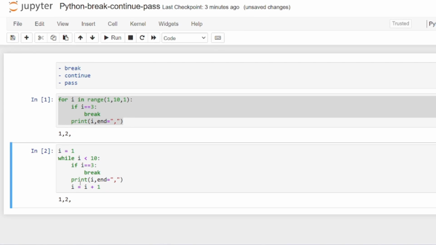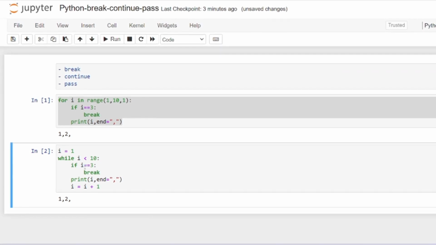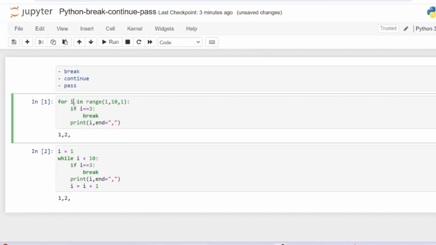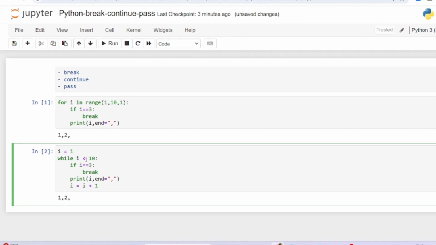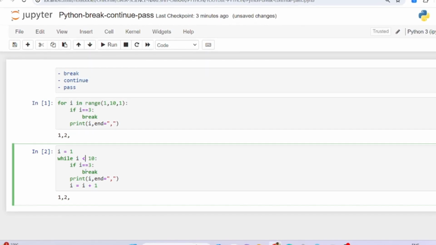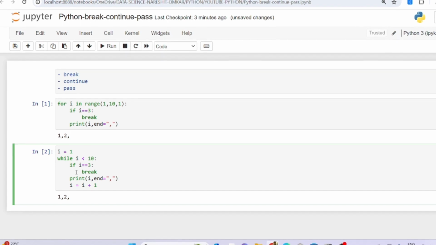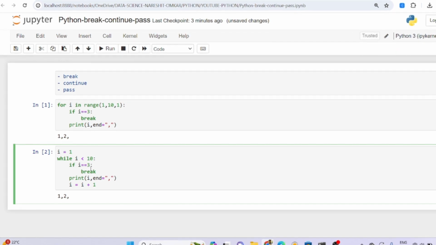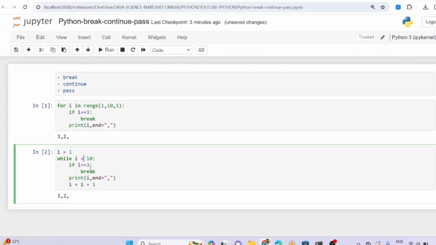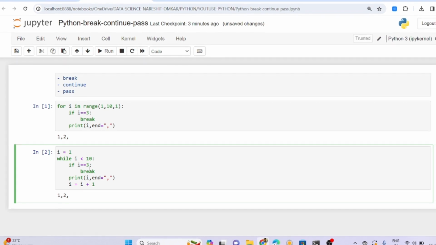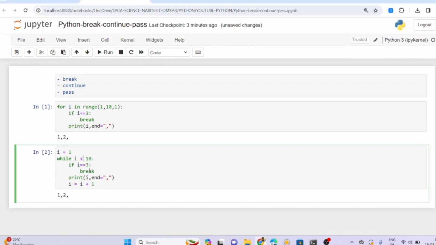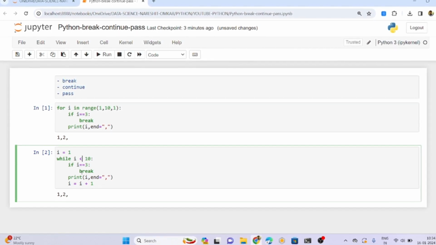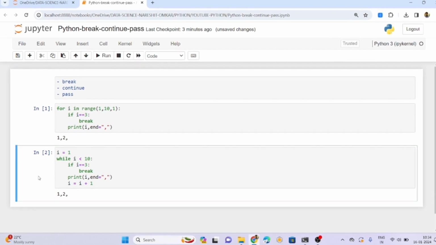Break means if any condition you put, if we want to break, it will come out of the iterative loop. It could be a for loop or a while loop. So this is where we use it. When a sequence or iteration is going on and any unexpected event occurs, then you can break. In a cricket match, if the weather is bad, they discontinue the match. So that is a break. Similarly, any unexpected event which has happened, we can break.